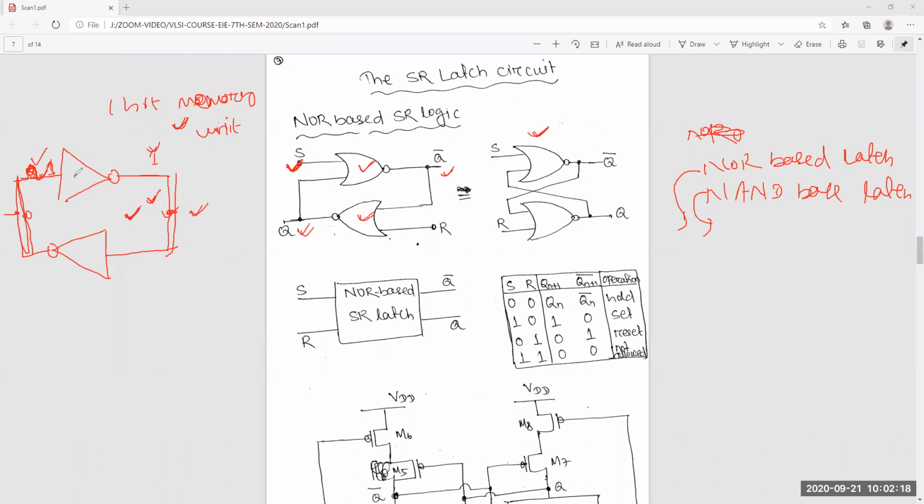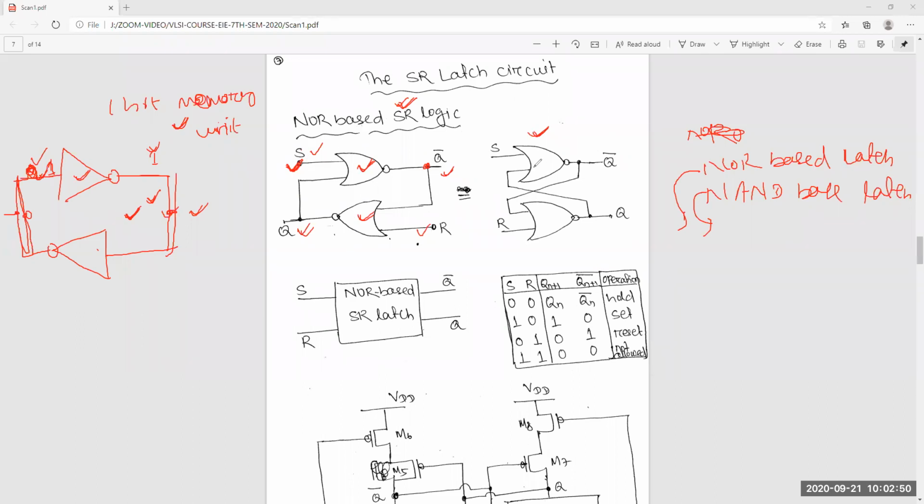First you know this circuit, then from these two you can design this one, and you get the additional advantage of S and R. We call it SR logic, set or reset logic, so additional inputs are there so that you can change the output. You can read, write, whatever you want by changing this value.